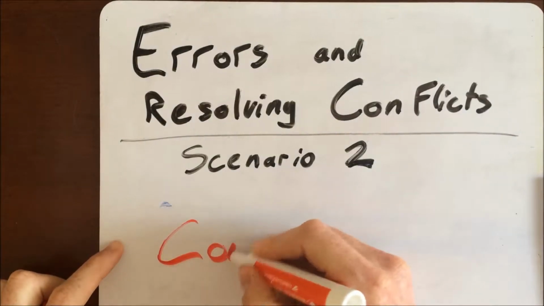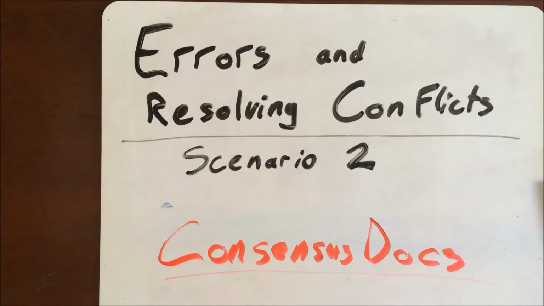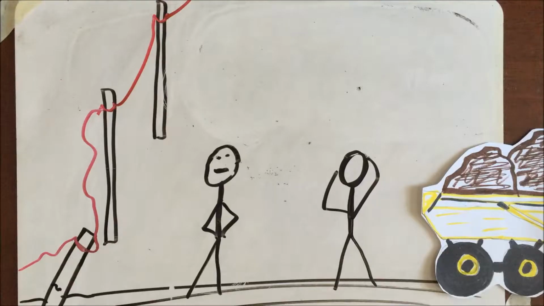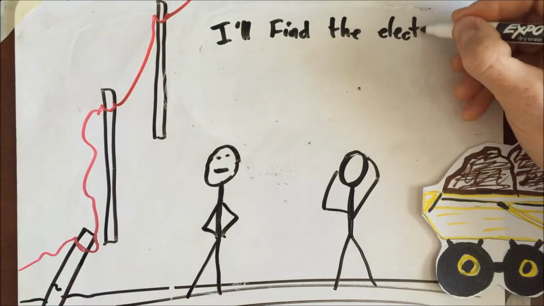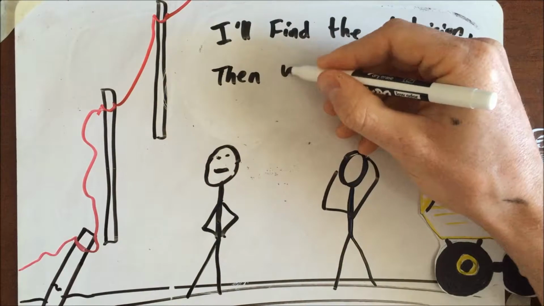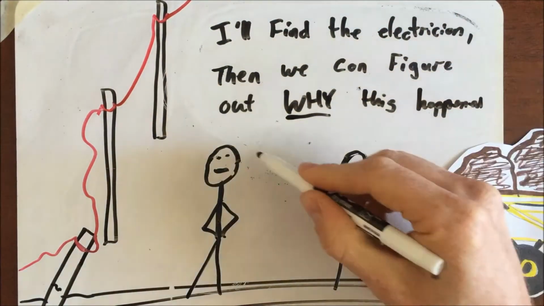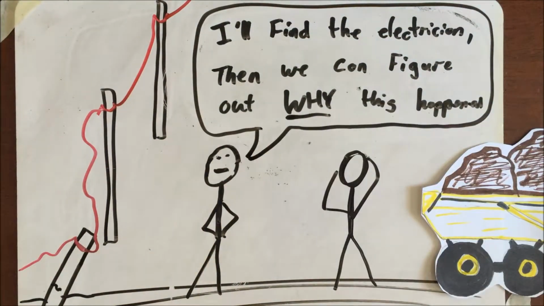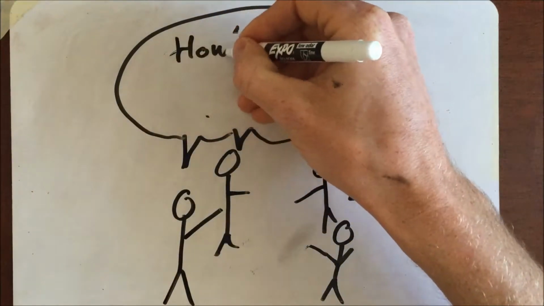On a ConsensusDocs job, all parties are contracted together, all parties indemnify other parties up to the point of negligence, and all parties pool the risk and profit and contingency costs. So in an accident like this, where the cost of figuring out who is to blame and if they are negligent is probably higher than fixing the problem itself, all parties are